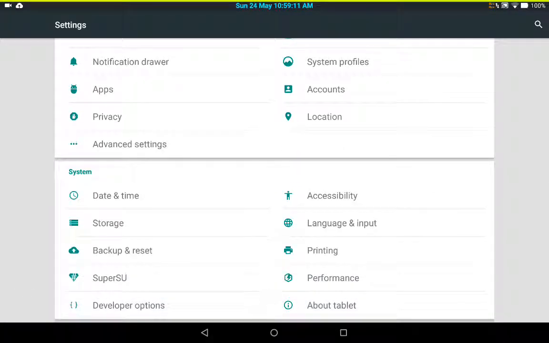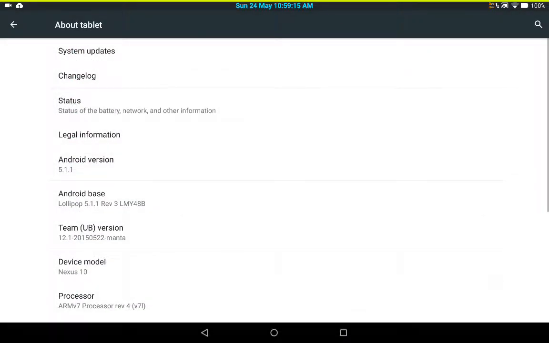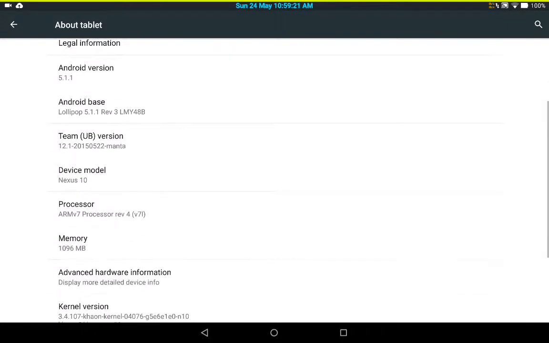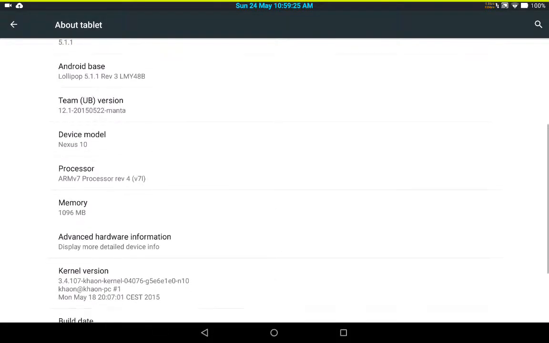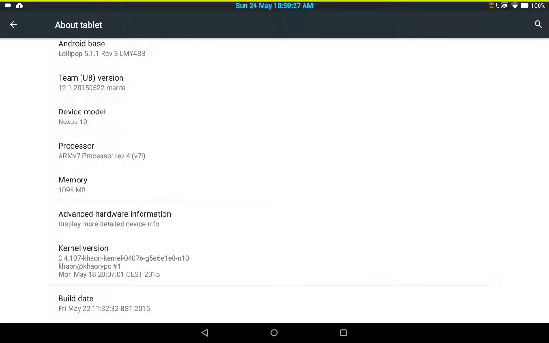We'll scroll down and I'll let you see about device. It's 5.1.1 Android. It's the latest version. I keep this up to date as much as I can. As you can see,